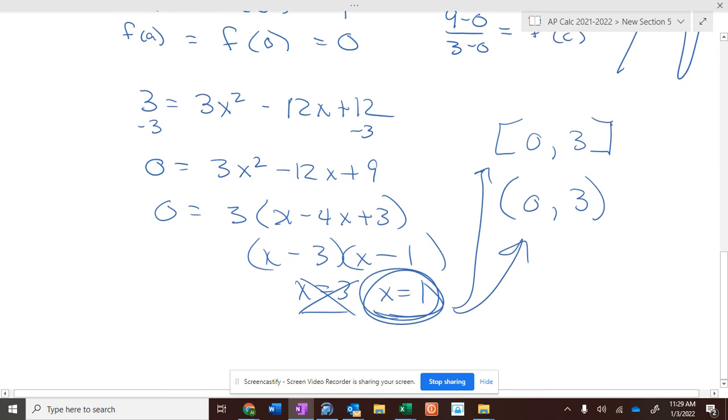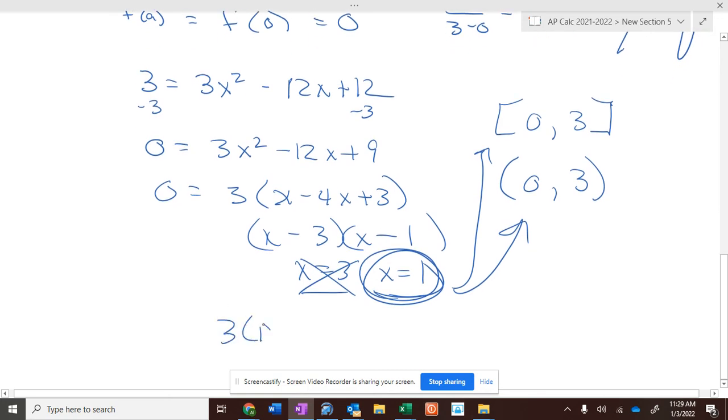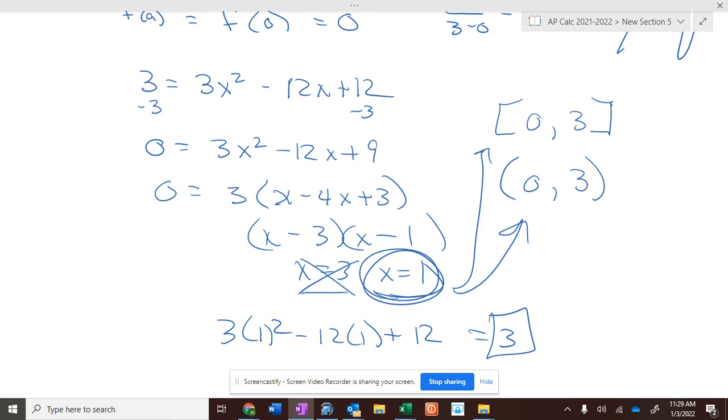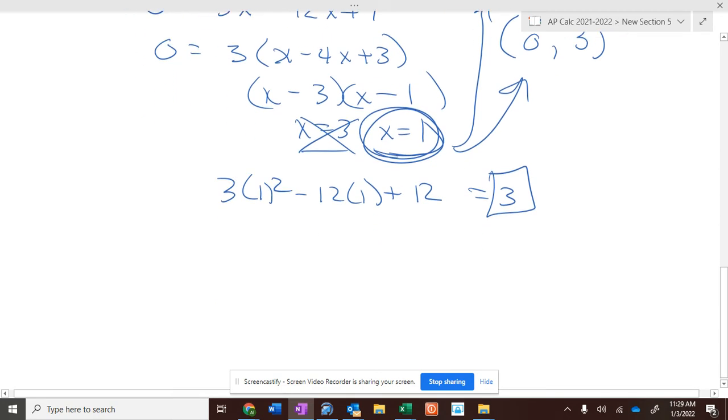Okay, if we check that, 3 times 1 squared minus 12 times 1 plus 12 is 3 minus 12, which is negative 9, plus 12, which is a positive 3. So the average rate of change is equal to the instantaneous rate of change, which is the mean value theorem. All right, so